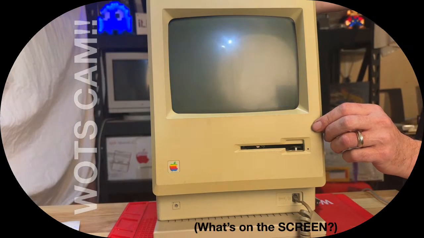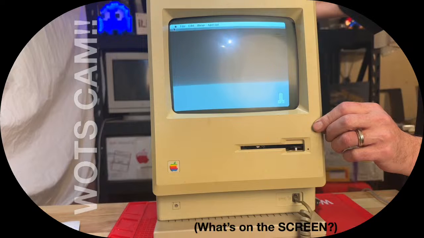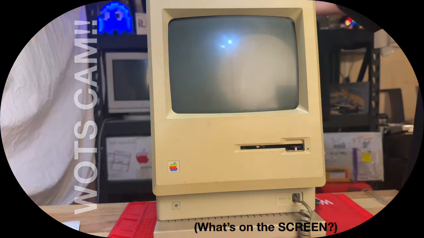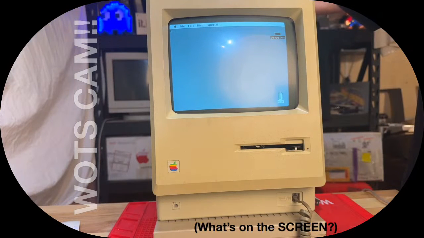The hard drive is working. Look at that. That's super cool. So the only problem is if I let go of the analog board, the picture dies. So if I can